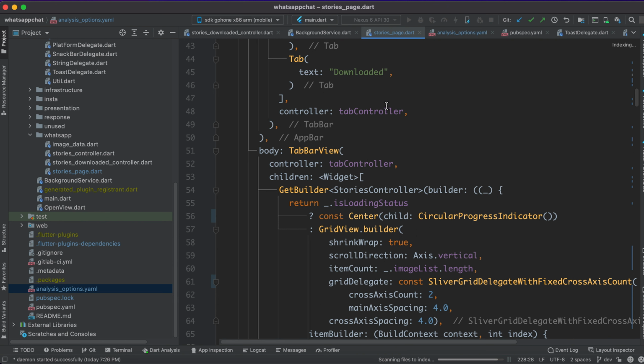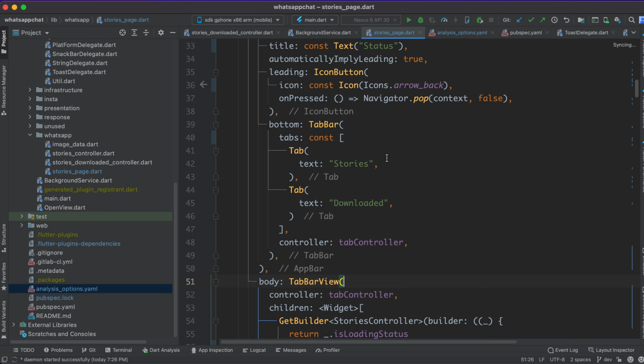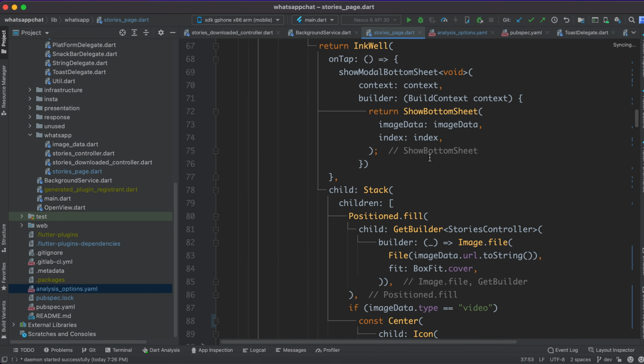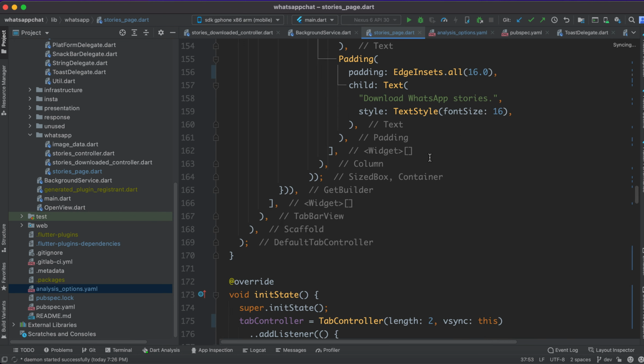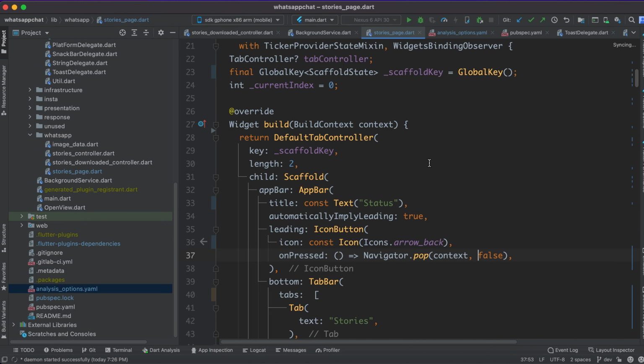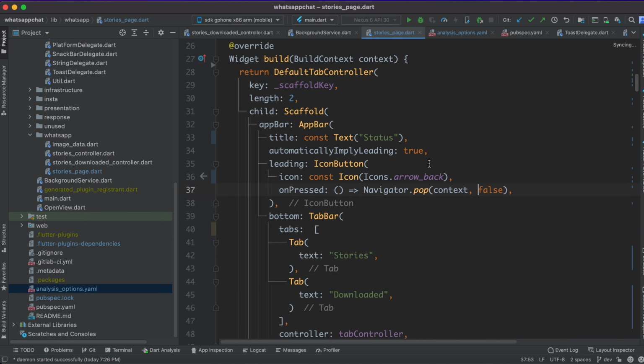Here I am. It's still scanning. Let's see how much time it will take. Yeah, it's done. Now hopefully it will give us some suggestions. Suppose I remove the constant, so it should give us a hint.